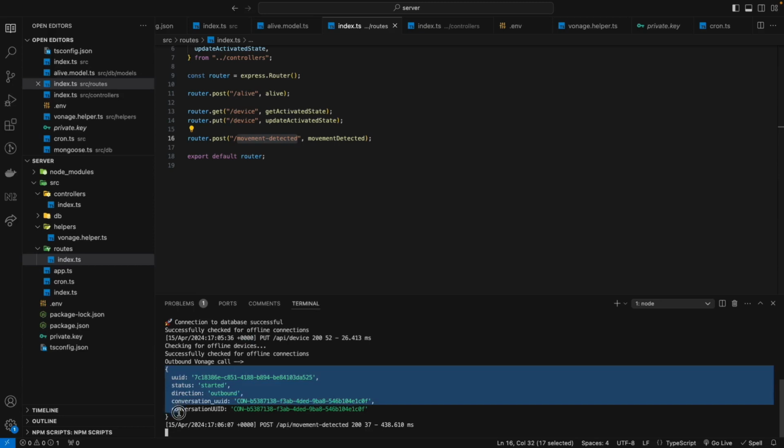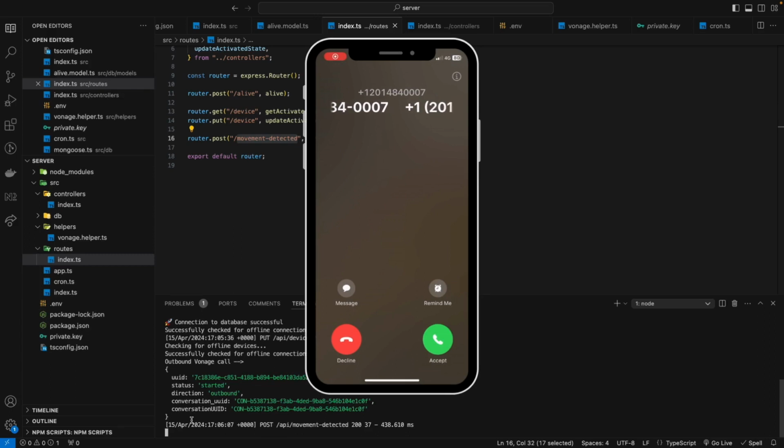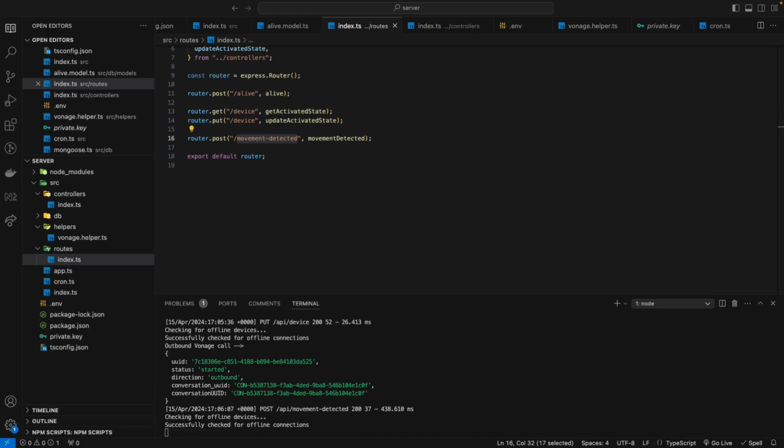We see our Vonage call has been initiated, and soon, generally this takes about 2 seconds or something, and we see a call. So that's it. That's how simple making the backend was, and that is how easy it is to build applications with Vonage. Now that we are done building the backend, let's go back to the mobile application and integrate these